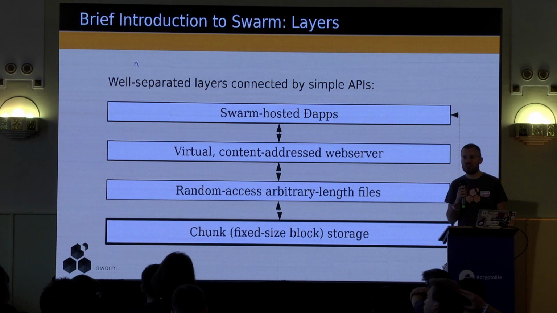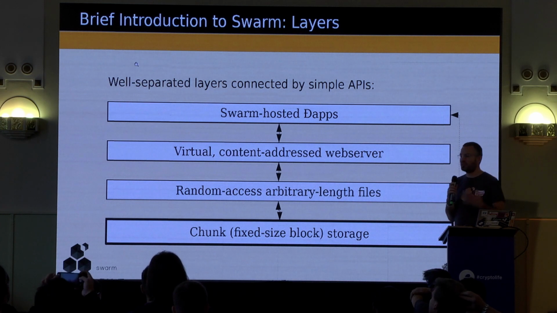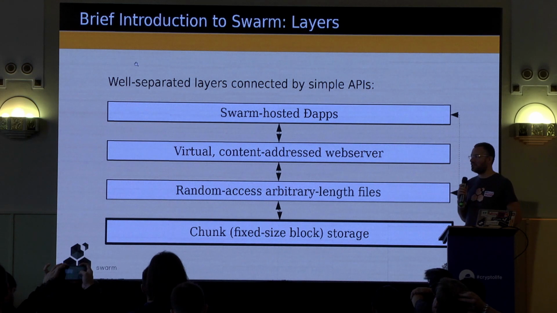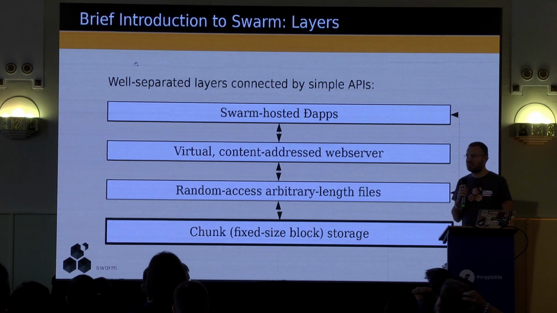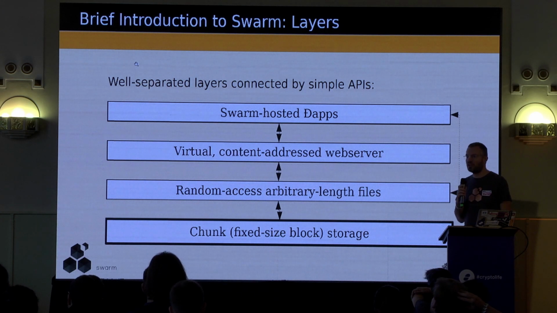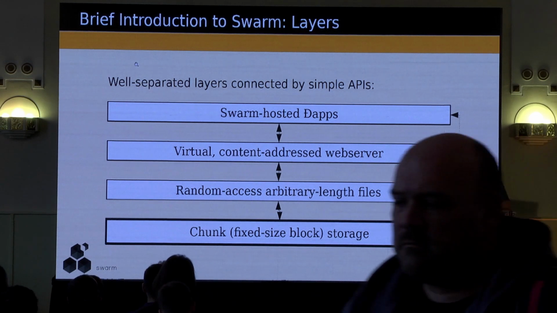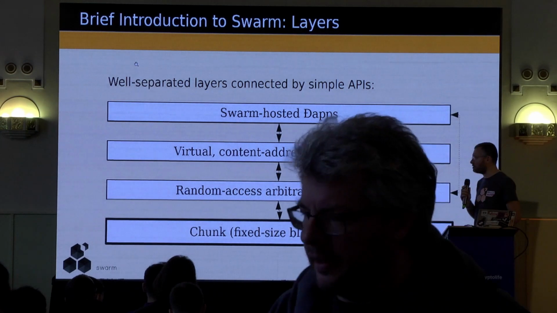Distributed applications do not have direct access. There's no API to this. There's no external API for this layer, but it is on this layer that the network level stuff happens, which means that in order to be a Swarm node, in order to participate in the Swarm network, this is the only layer that you need to be aware of. Everything else above it is basically application layer stuff.